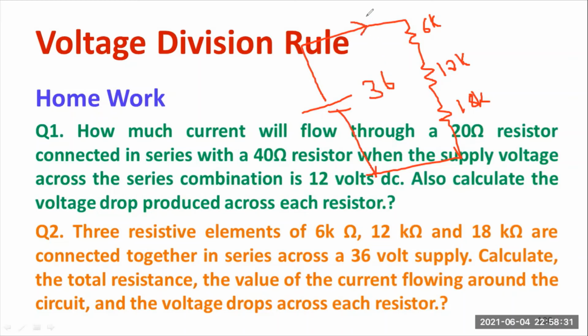First, you are instructed to calculate the total current. You are asked to compute the current. Current is equal to voltage divided by total resistance, voltage divided by R equivalent. Remember that everything is given in terms of kilo ohm, so you convert kilo ohm into ohm. 6 kilo ohm is nothing but 6 into 10 to the power 3. 12 kilo ohm is nothing but 12 into 10 to the power 3. Like this, we have to convert. Better you write the final answer in terms of SI unit. Current you will be getting, number 1.